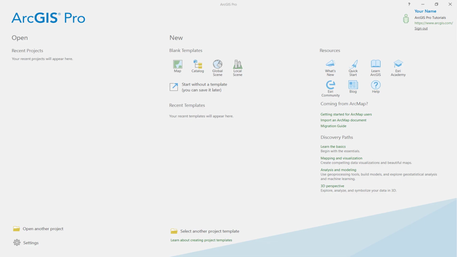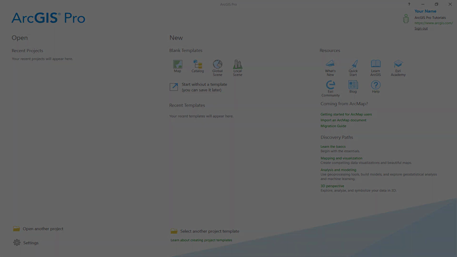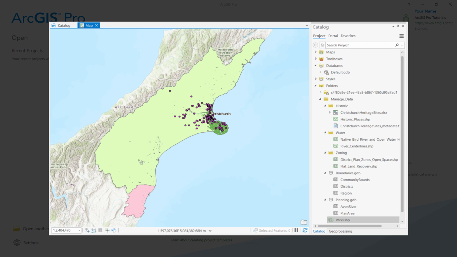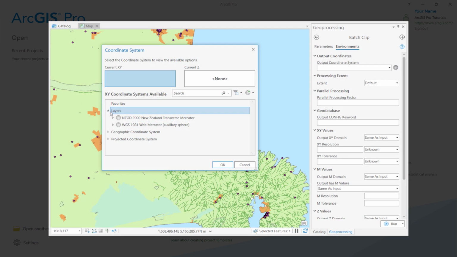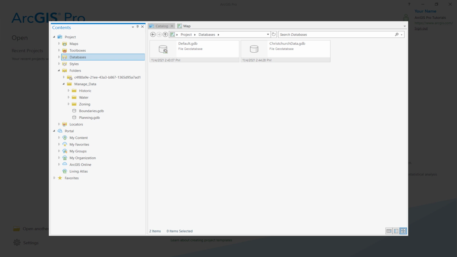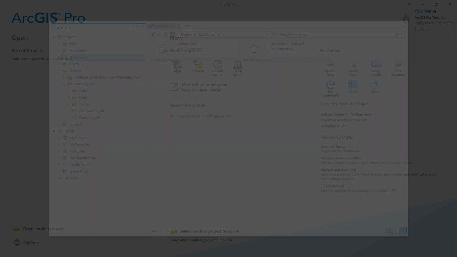Today, I'll be going through the Managed Data tutorial for ArcGIS Pro. In this tutorial, we'll work with datasets that can be used for environmental restoration projects in and around the city of Christchurch, New Zealand. We'll preview and explore the data, clip it to an area of interest, and process formats and coordinate systems. The goal is to organize a streamlined data collection in a geodatabase that can be shared by GIS professionals working on related projects in the same geographic area.